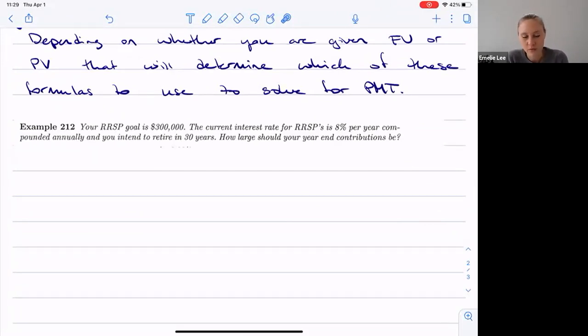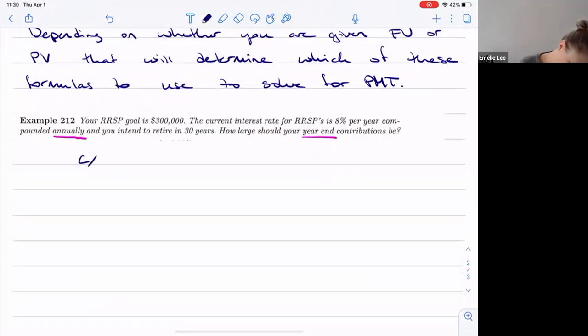Okay, so first things first, I want to ask: what's the compounding frequency and what's the payment frequency? So it's compounded annually, and you want to make year-end contributions. Meaning your payments are also yearly. So the compoundings per year is 1, and the payments per year is also 1, making for a really nice,